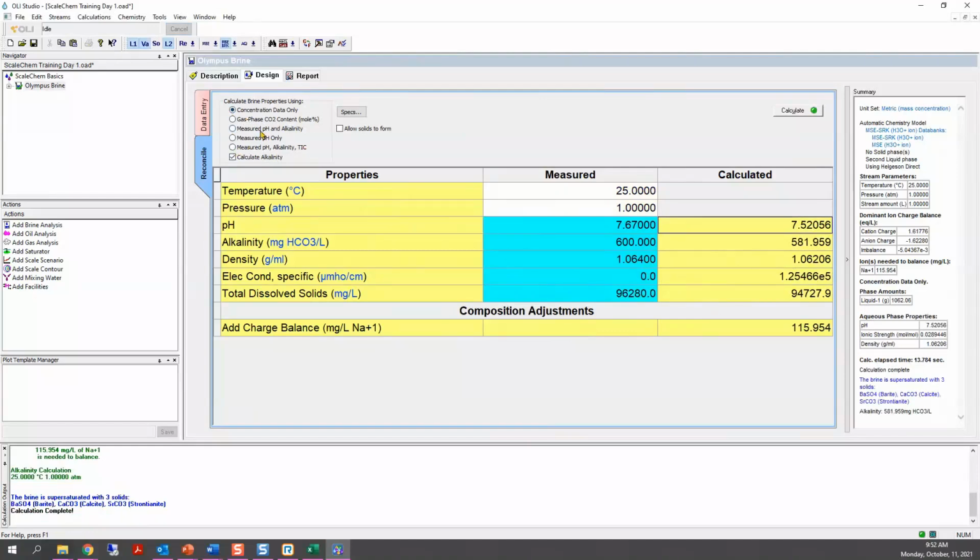If you want to match both pH and alkalinity, you can select that option. If you want to only match the measured pH, you can do that. And we have also added this option here because the total alkalinity is in some cases different than the total inorganic carbon alkalinity. So you can also match these three values.